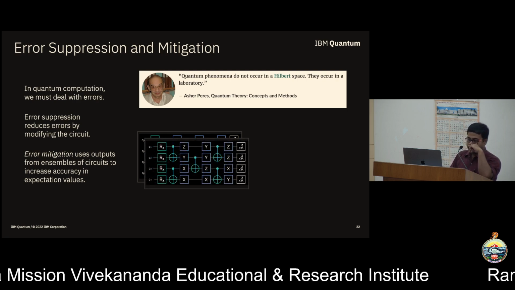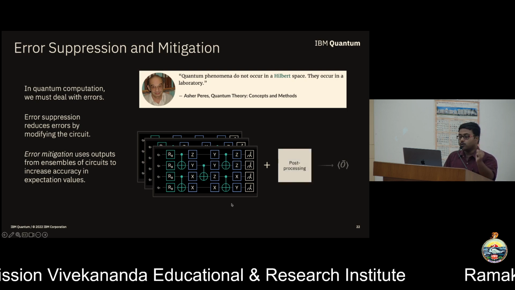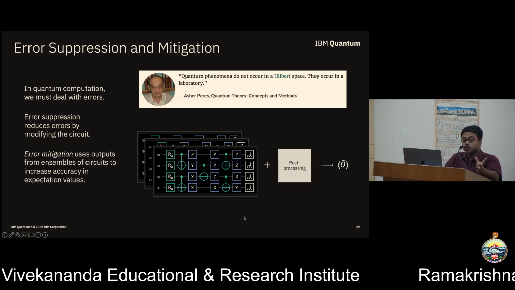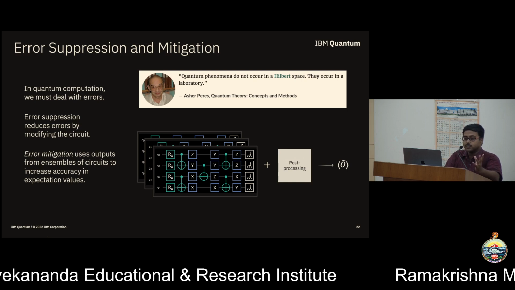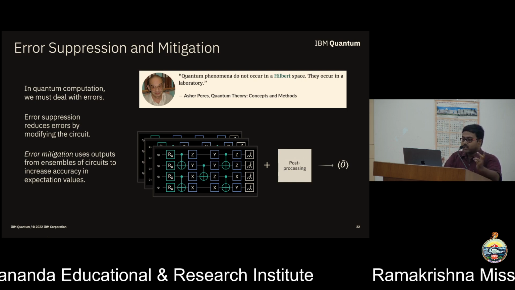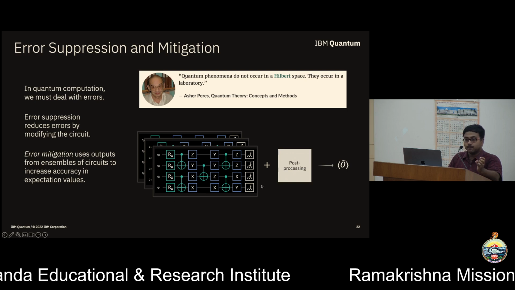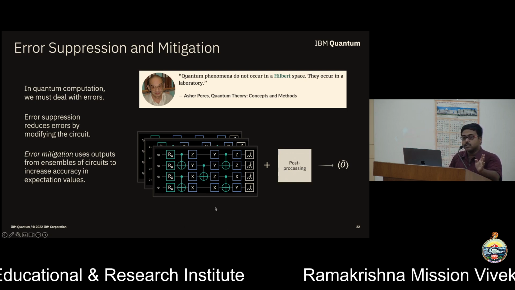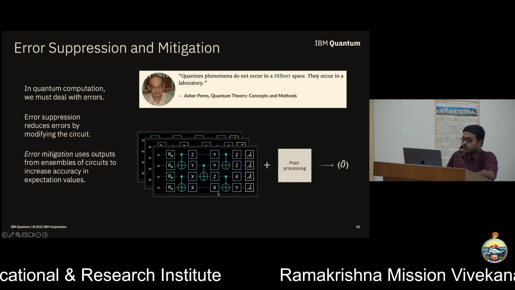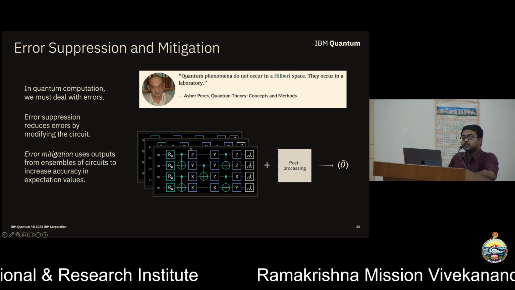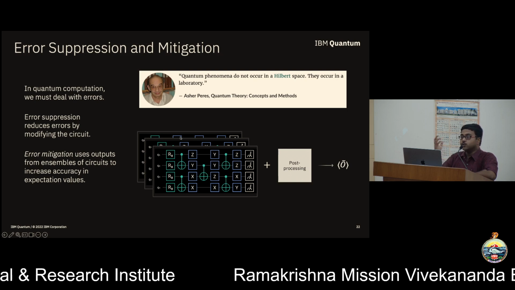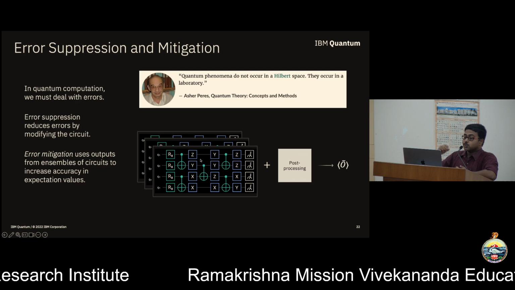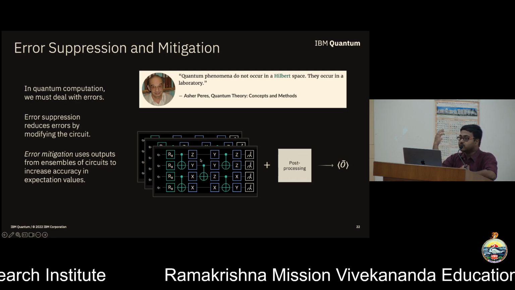Let me give you a very simple example. The first error mitigation protocol that came out is so simple that it feels unreal. Let's say that you have a quantum circuit like this. If you run this, there will be some noise associated. You cannot do anything about it. Let's say that I am repeating these gates. These gates are unitary. By definition of quantum mechanics, these gates are unitary. So unitary means you can always have its inverse.